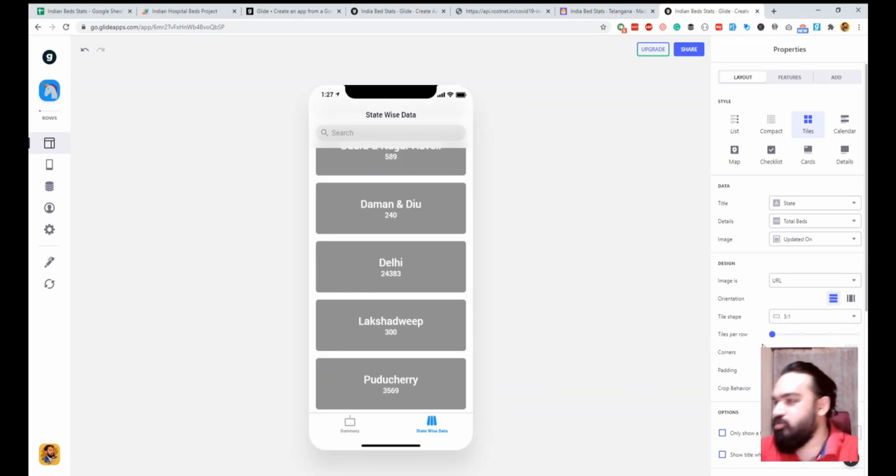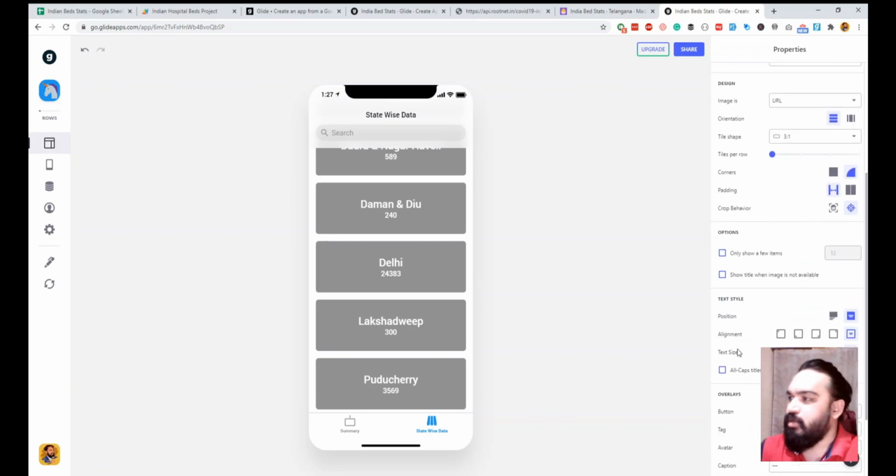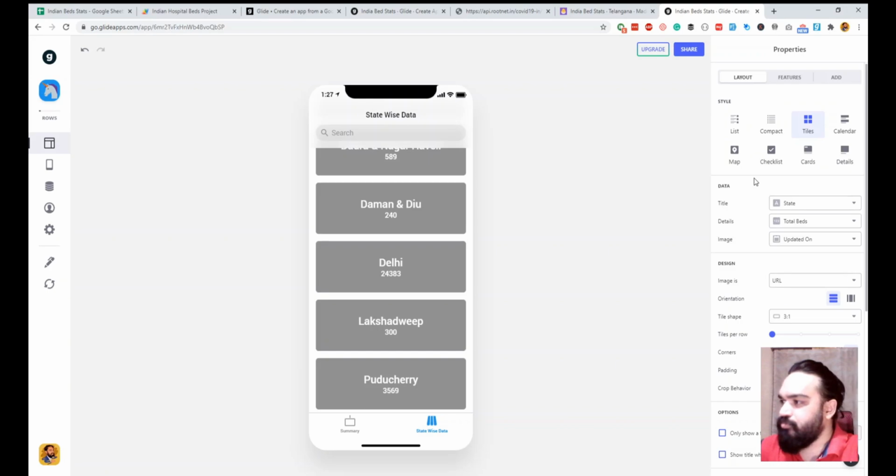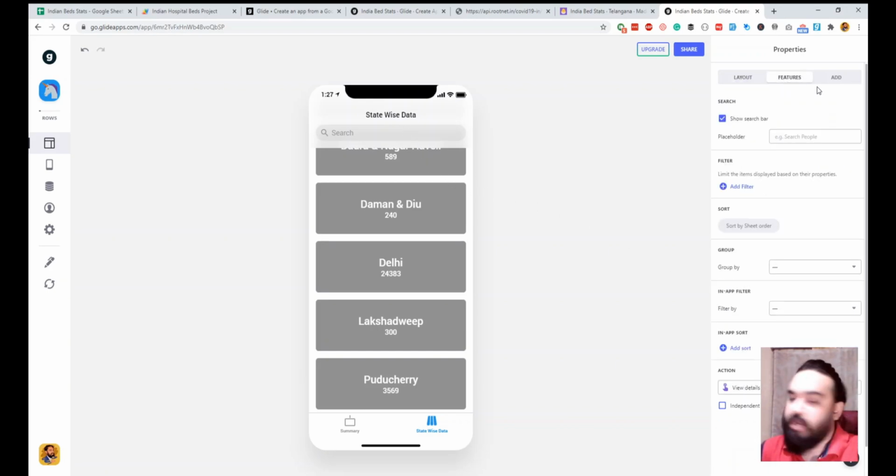And then let us also quickly customize the search part. For customizing the search, what you can do is go to features tab, and inside the features you can do search for a state. And now yep, this changes to this, and search by default it works. It looks for the list below and shows it. And then this looks okay.